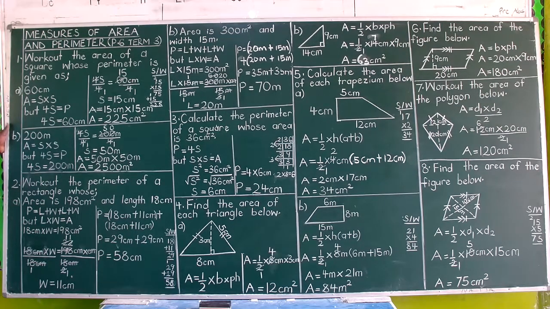So it's like this board here. This board is rectangular, and many rooms from which you are watching me now are rectangular. So this is the shape we are dealing with here. We are going to find the perimeter. We start right away by stating the formula for finding the perimeter and see what it requires us to have before we find it. We say perimeter equals length plus width plus length plus width.